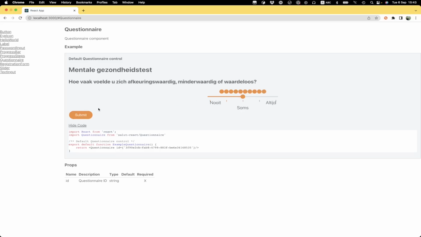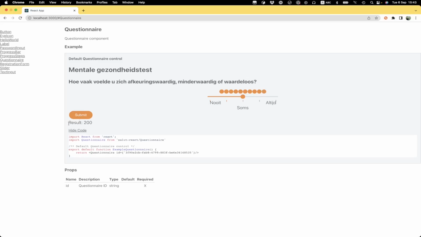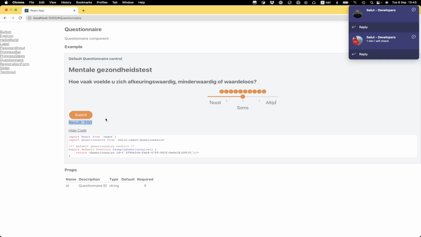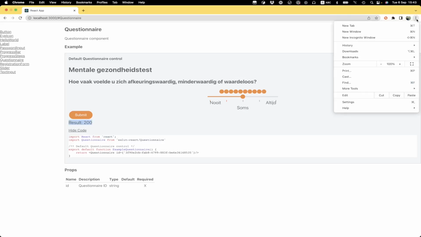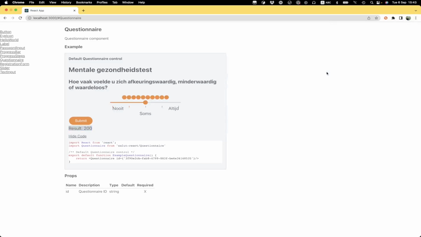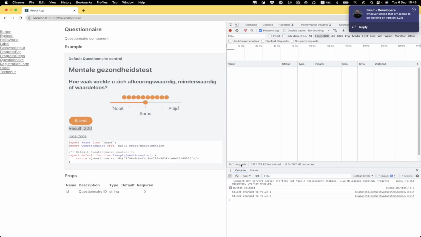This is the last step, and we have a submit button. And as a result, we have just a submit result to the API server. As proof that it actually works, let's open our developer tools, and here in the console,